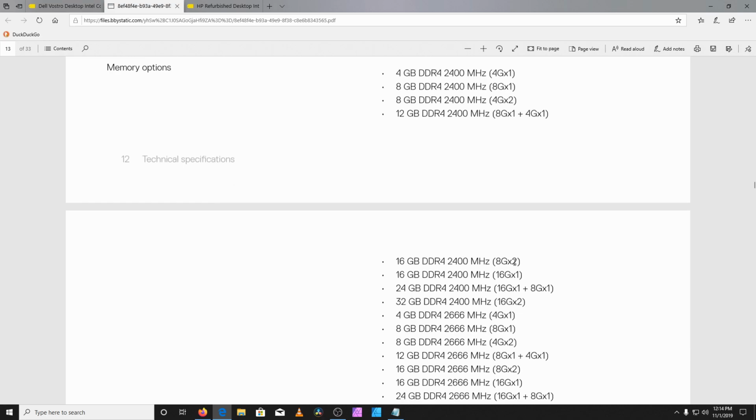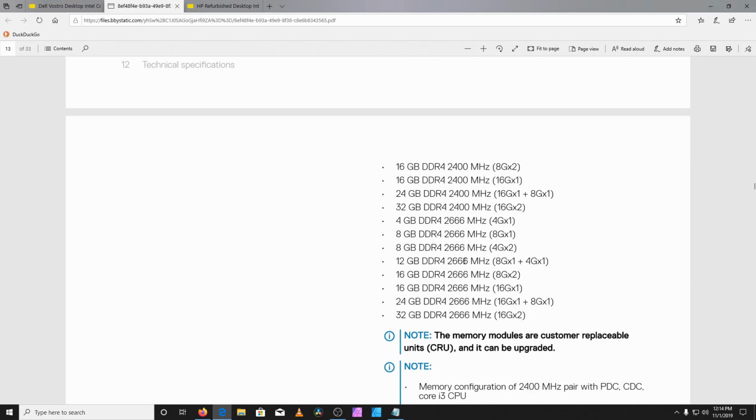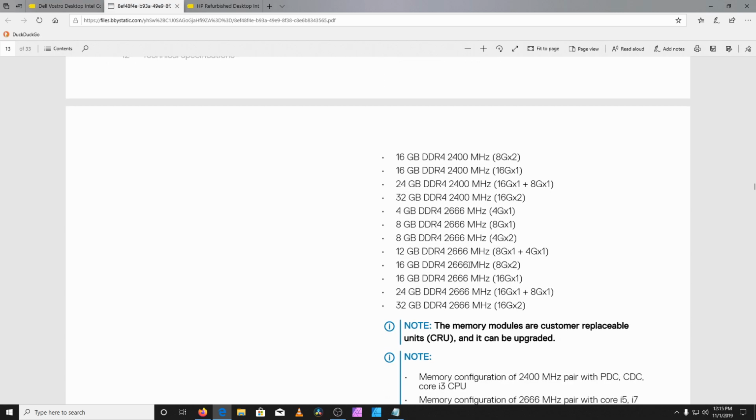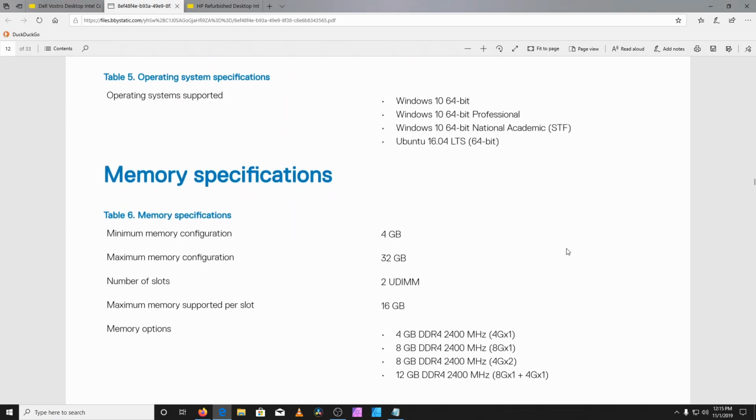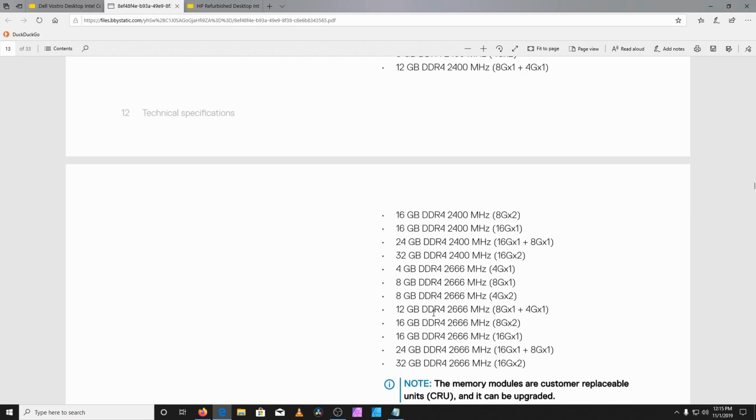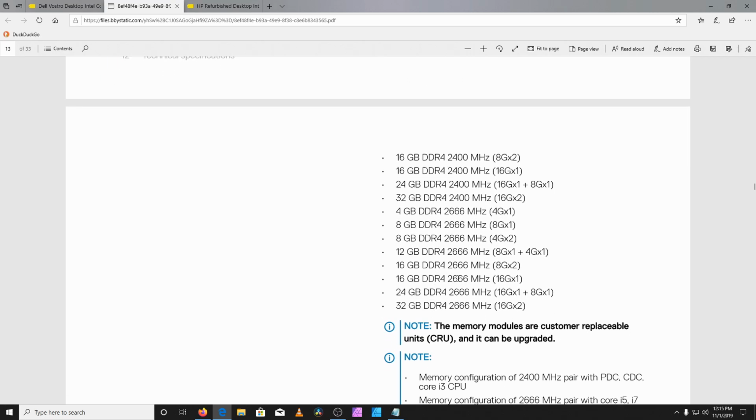So I would not do 12 gigabyte, although the manufacturers of these computers tend to do that. I would do the 16 gigabyte, especially in today's day and age. Now you could go 16 gigabyte by 1 or 8 by 2. Remember, you want dual channel, you would do 8 gigabyte by 2, and since it only has 2 memory slots, you put it in both memory slots. So you can do a DDR4 2400 or 2666. I would definitely get the 2666 for better performance, and they aren't that expensive. Nowadays, they're not much more expensive than the 2400 in today's market, so I would just get the 2666 8 gigabyte by 2 kit, and you should be good to go. And that would be a DDR4 memory, and it does say DDR4 right on there. So DDR4 2666, that's what you would buy to upgrade this